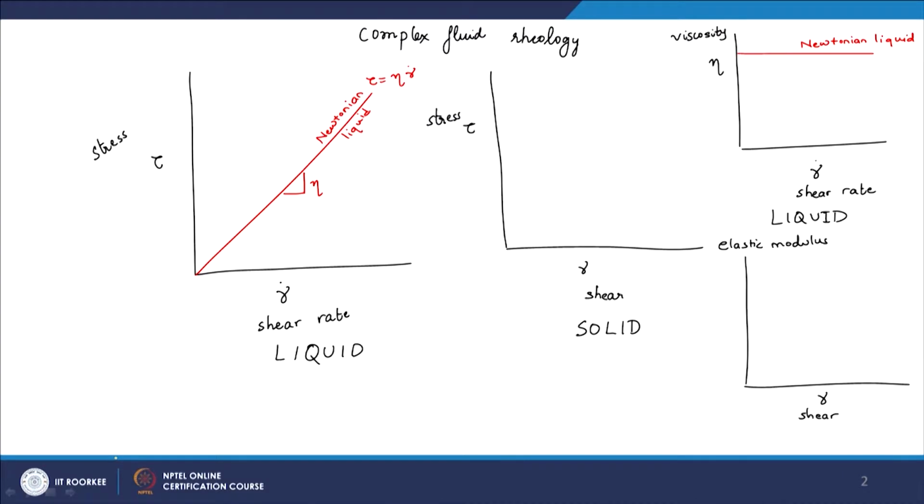Then there is a class of liquids which basically thickens when we apply flow. That means the viscosity increases when we apply shear. As we increase the shear rate, the viscosity increases. And then there are materials or liquids that basically thin, or the viscosity decreases as we increase the shear rate. So, the things for which you see a thinning behavior